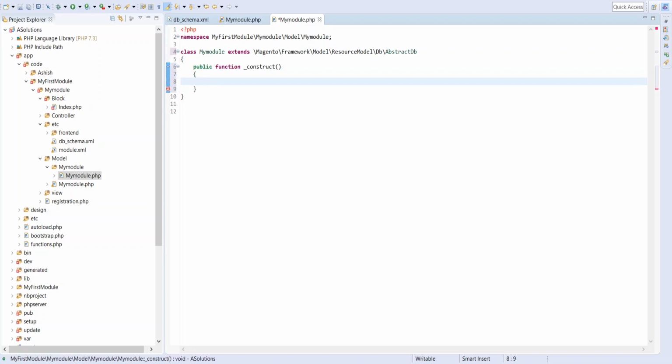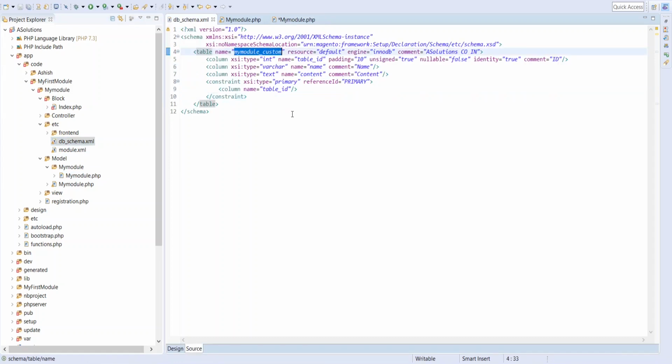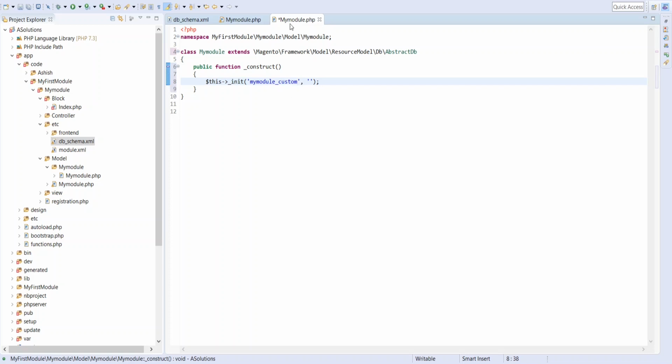Inside this construct method we'll call our init method, which is used to define our table name and primary key. So our table name is my module underscore custom, and our primary key is table underscore id.